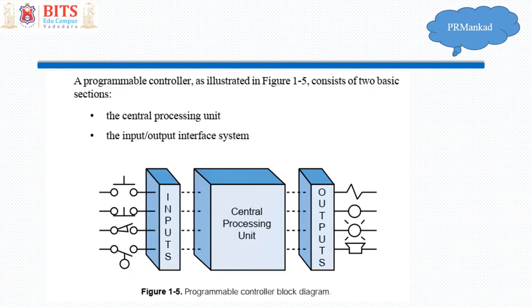Now outputs are given to the field devices which are actually actuators, right? Either solenoid valves, motors, alarm bells, indicator lamps, something like that. So they are field devices. So outputs are different, inputs are also different. To interface these input devices with the PLC, you require an input module, and whatever decision is taken by the CPU of the PLC, if you want to communicate it to the output field devices, you require an output module. So in this session, we would like to see how the input module works in case of PLC.